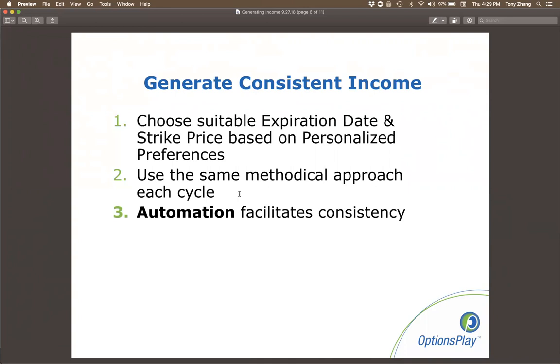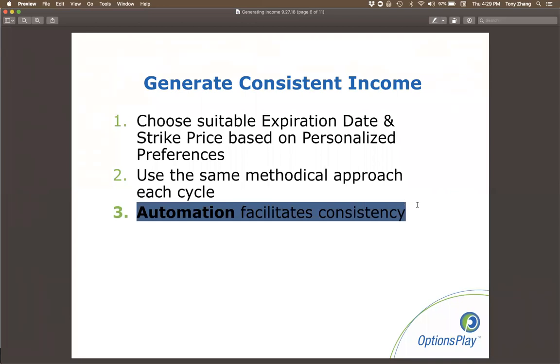And one of the best ways to gain that consistency or keep a methodical approach cycle after cycle is through automation, because automation really will help take the emotion out of trading. It will help take the selection process of figuring out which expiration date and strike price out of manual work and automating it so that you tend to stay consistent. That's really what we want to show you here today, is how OptionsPlay can help you find that methodical approach and help automate that approach so that you're not